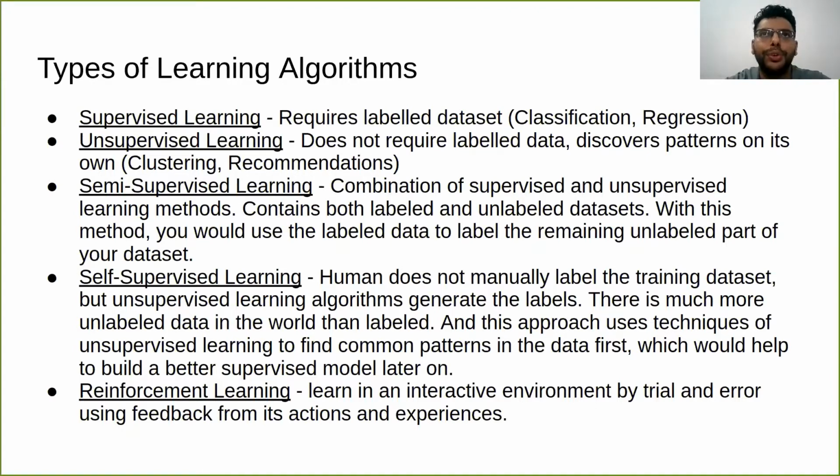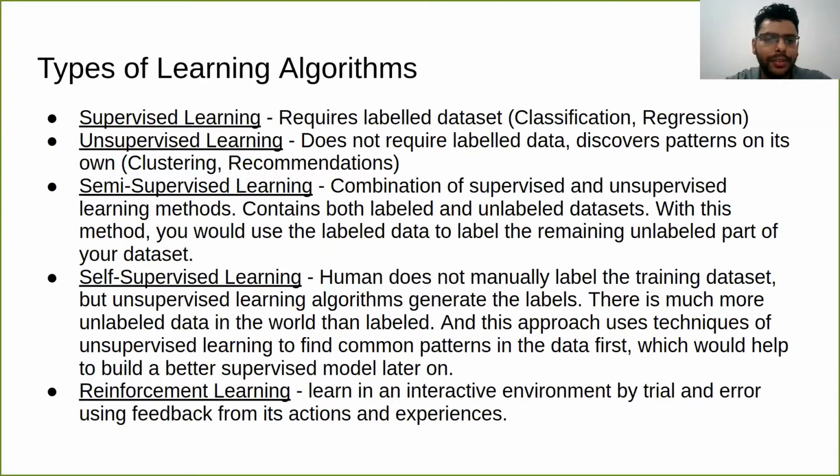Suppose you want to predict what will be the value of the US dollar tomorrow, the temperature tomorrow, or the amount of rainfall tomorrow. Those kinds of problems, or those kinds of domains, are regression related problems. So supervised learning is commonly used in classification and regression, and it requires something called a labeled data set.